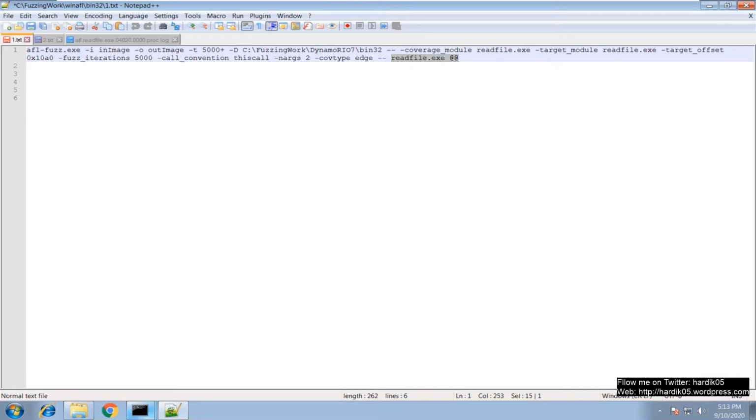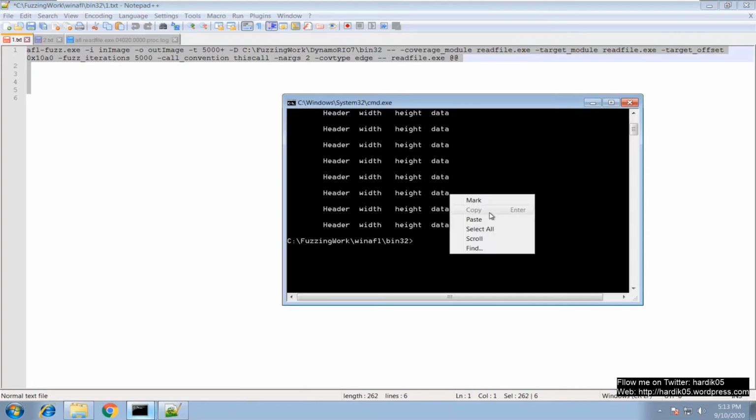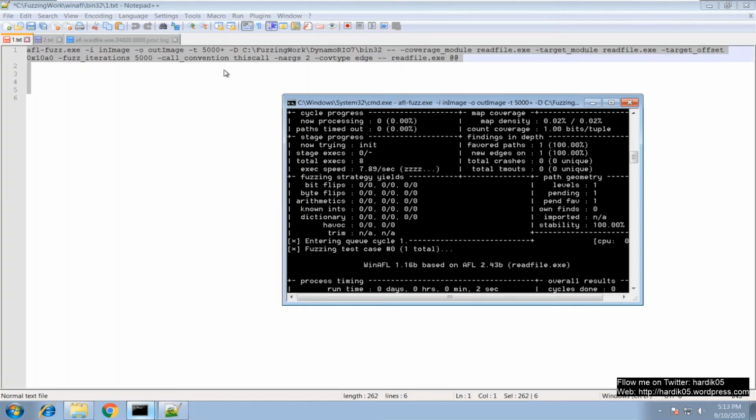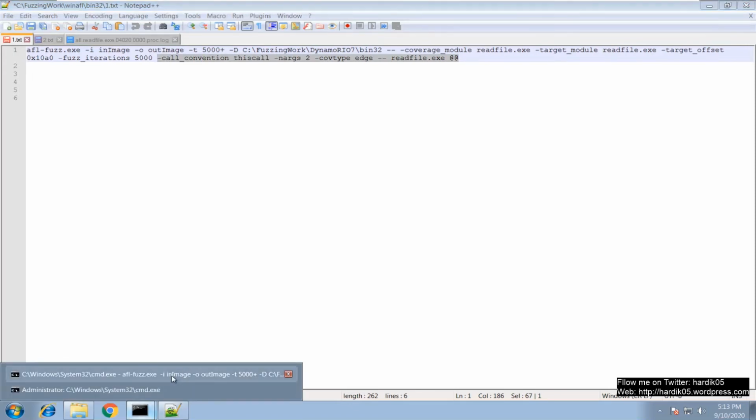So let's go and first start using WinAFL now. I'm just copy pasting this command. Initially you will feel that it's too big and you are not able to understand it, but when you understand the functionality, it becomes very clear. Everything over here specifies a command either to WinAFL or to the coverage module, that is drrun, and there is a reason you need to give all these things. As you practice more and more, you can easily correlate why this command is so big.